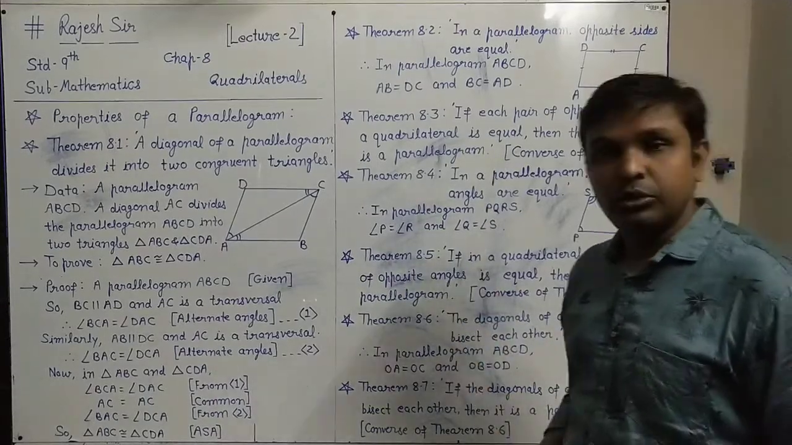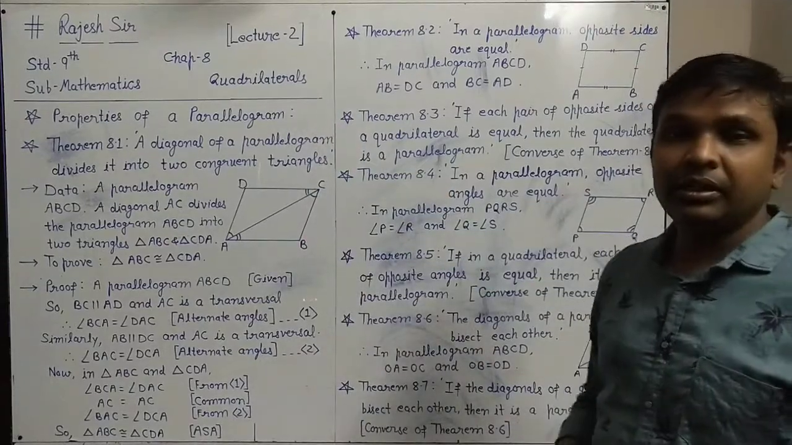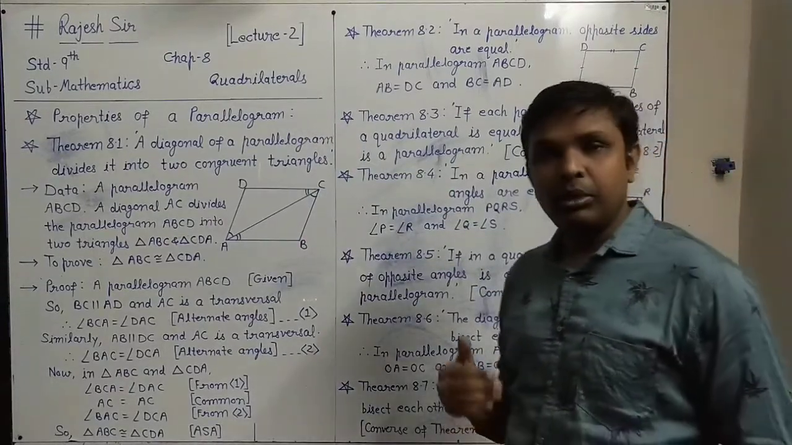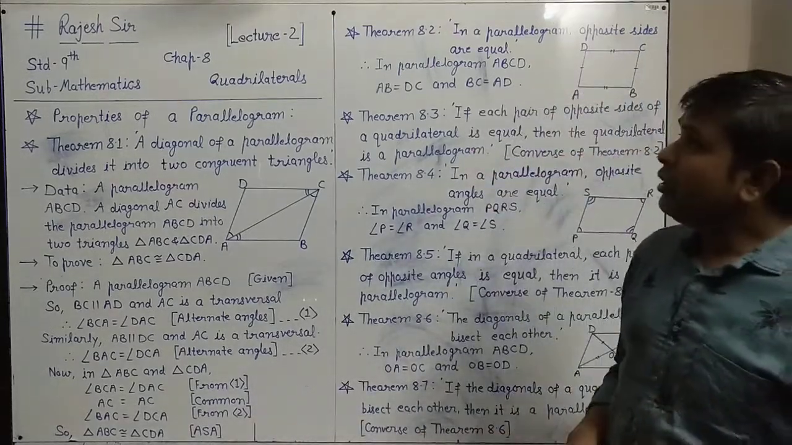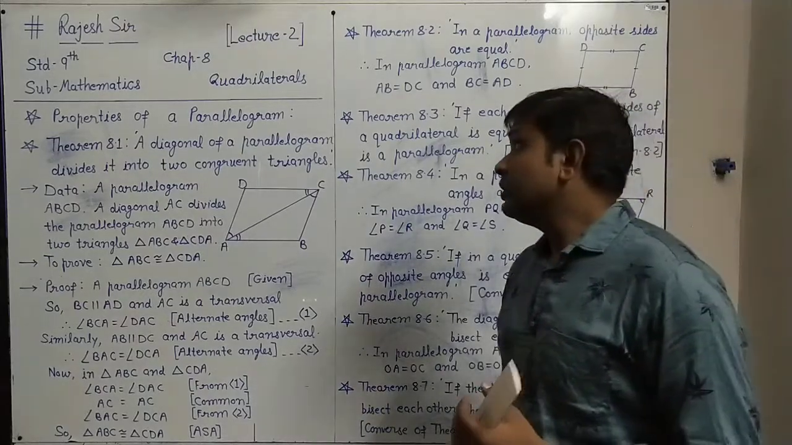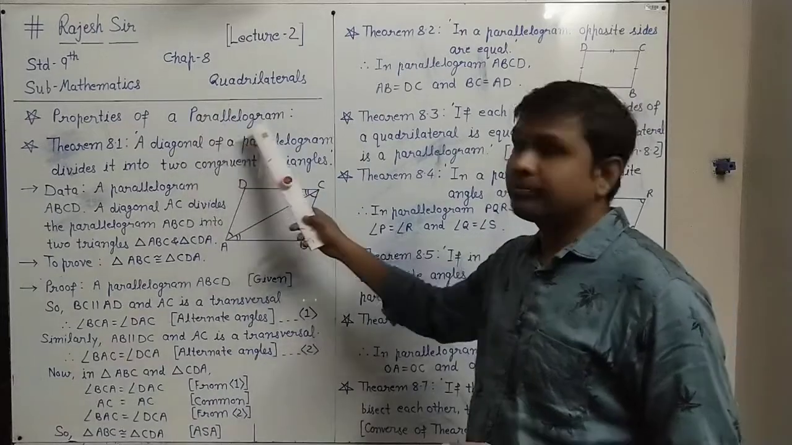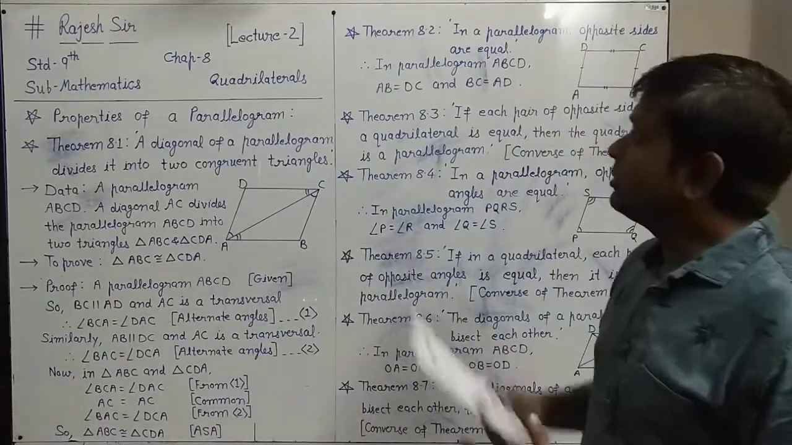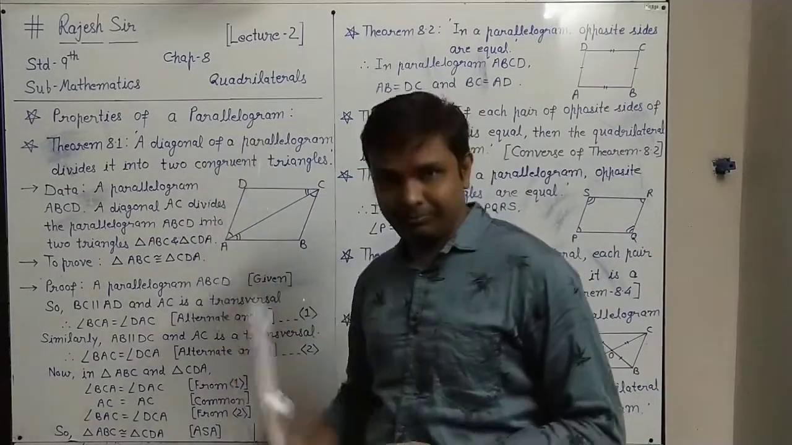This is lecture number 2. In lecture number 1 we understood the definition of a quadrilateral, its sides and its angles, everything. We also saw the types of quadrilateral. Among the types, we saw the parallelogram. So in this lecture we will see the properties of a parallelogram,